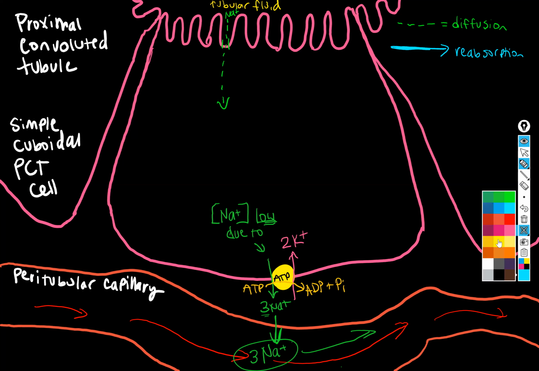And then we're going to use another color for secretion, also solid. So reabsorption and secretion are only referring to the direction of movement and not to the nature of the transport. So what we're going to do is use